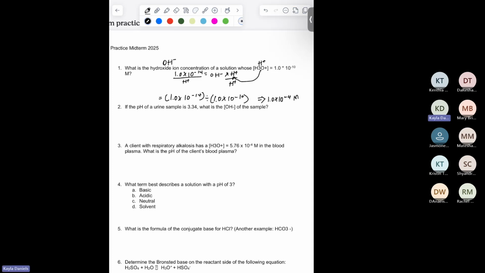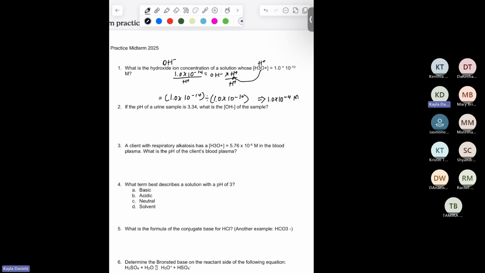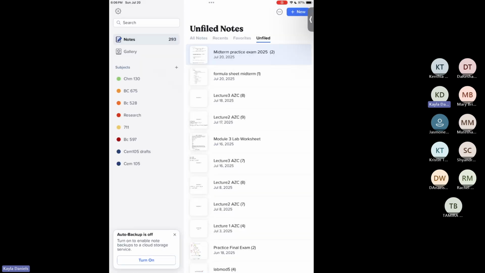Any questions? All right, I'll keep going along. So here, the second question: if the pH of a urine sample is 3.34, what is the OH of the sample? So going back to my acid-base square,